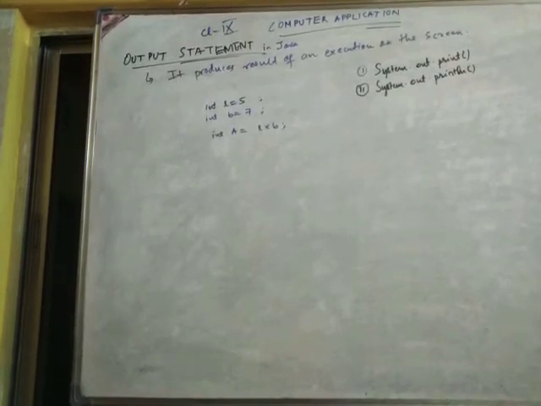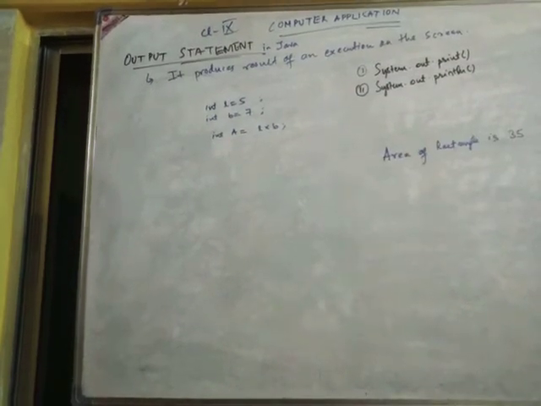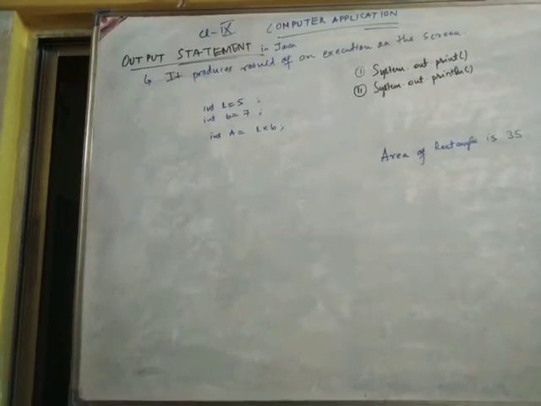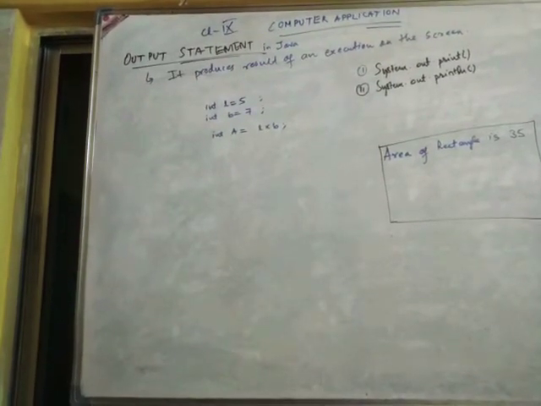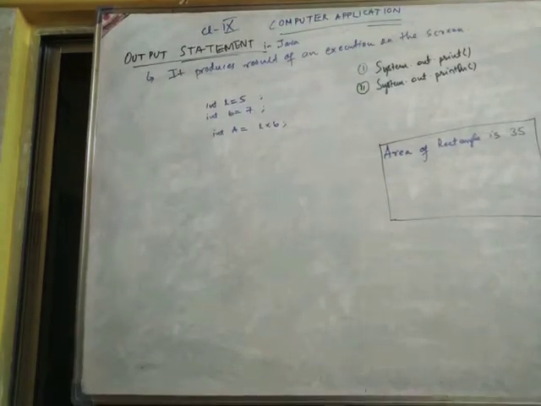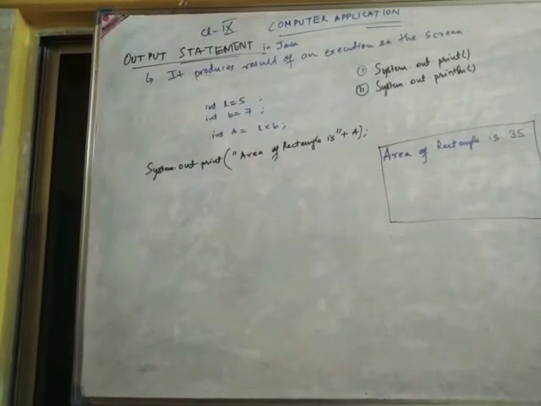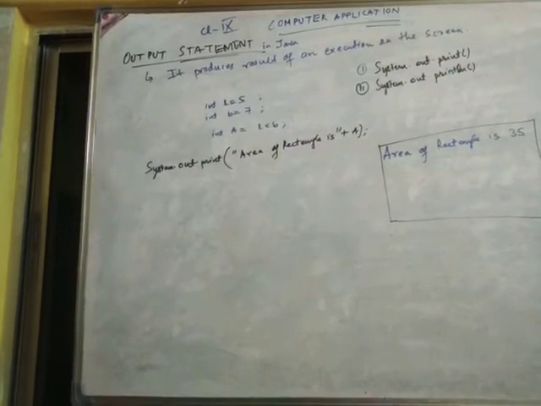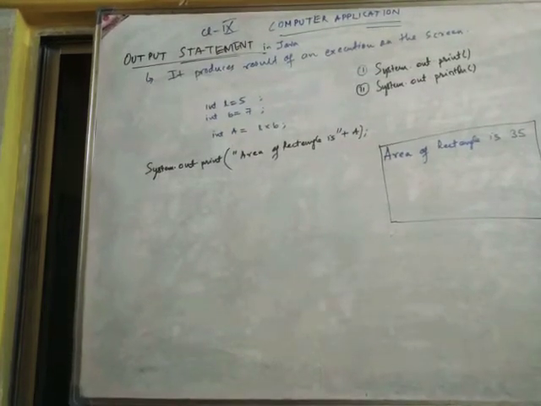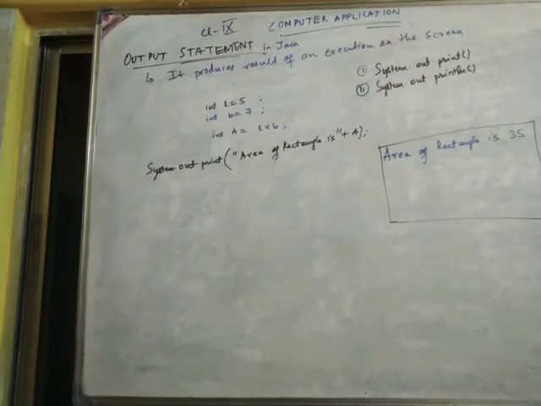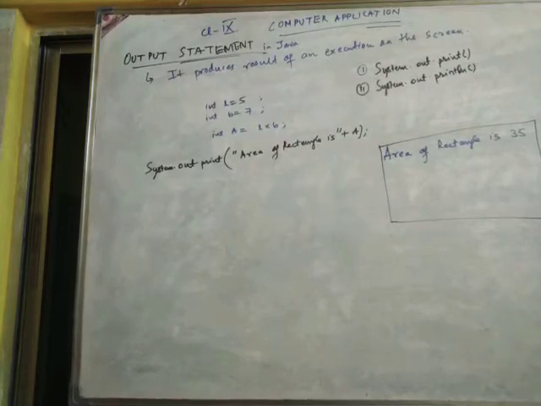Now there are two ways we can use the output statement in Java. If I want to print the area here, in this form, like the area of rectangle is 35, this should come on the computer screen. For this we can use either print or println. What I'll write is: area of the rectangle is plus A. Area of the rectangle is, that is the message I have, and I want to print it in one line, so I'll use print. Clear?